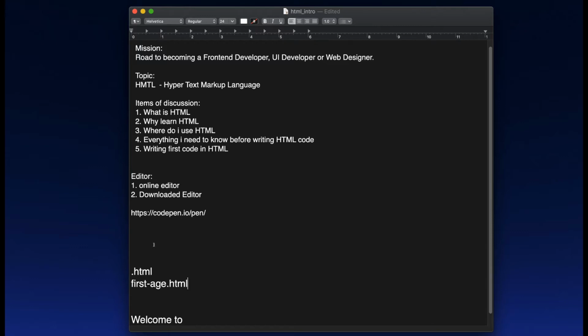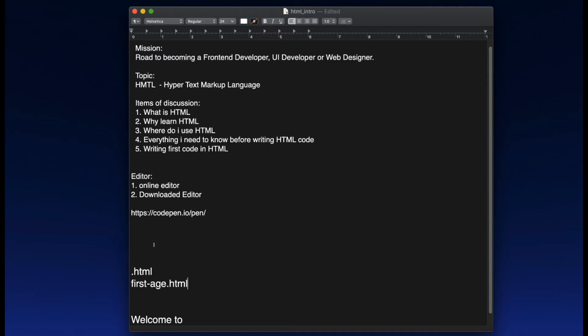And then the other thing be say you need to sabi pictures, because for HTML you get the way you go write code, you go add pictures there so that the thing go look so nice. And then the other thing be say you suppose get computer. You understand? You suppose get computer. So na wetin dey for item 4 be that. These are the things wey you just need at least know before you tell yourself say you want to write HTML code.